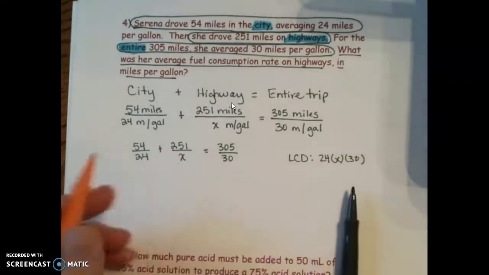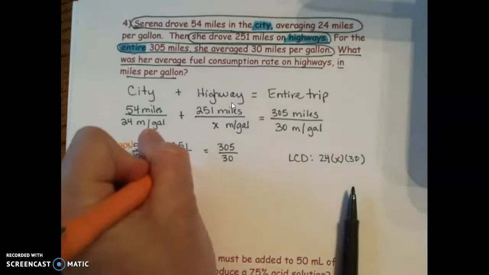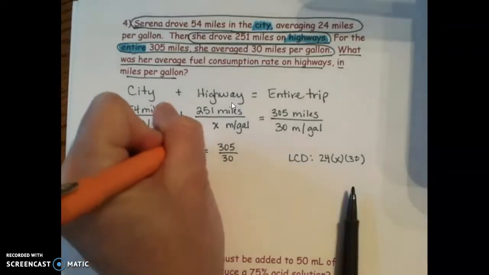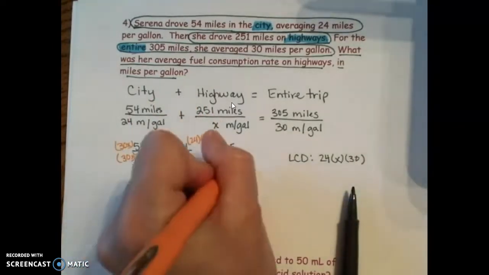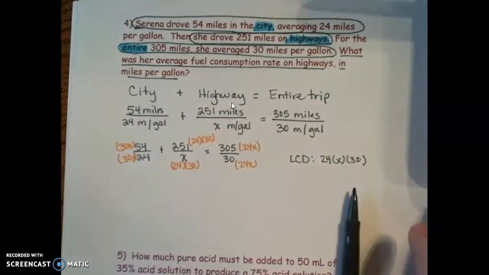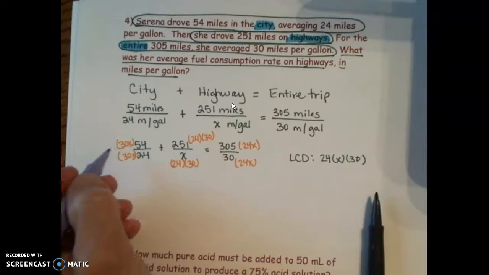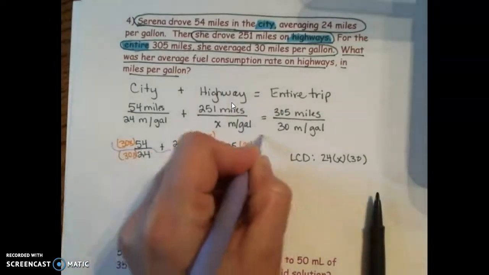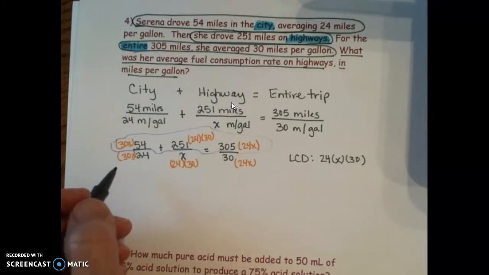If I compare this to our least common denominator, I'm going to need a 30x, top and bottom. Here I would need 24 times 30. And here I would need a 24x. So again, there's different ways to solve this equation. We're trying to practice what we've already learned. Now that all of our denominators are the same, I'm going to circle the top. So here I'm going to have 30 times 54